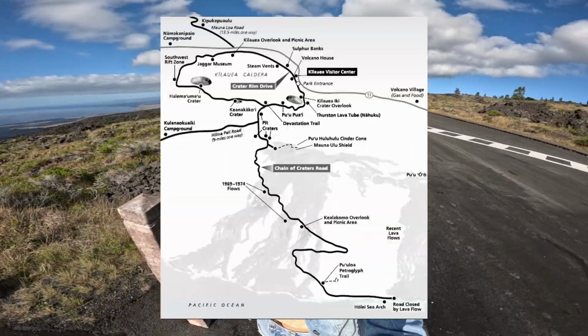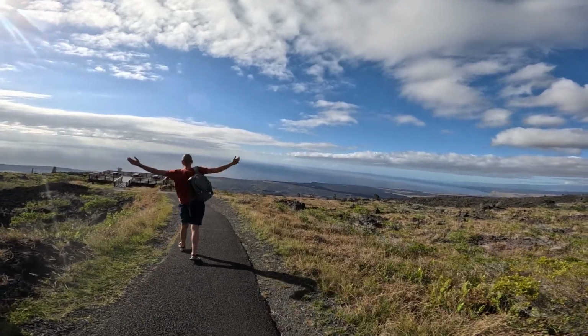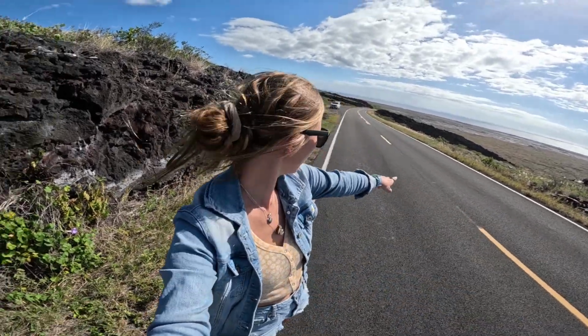Driving along the Chain of Craters Road, we had to stop. This is way too beautiful. Look how cool Eddie looks out there. He's on top of the world, baby. So it's super cool. We were just driving along the road on the way down, and I spotted something